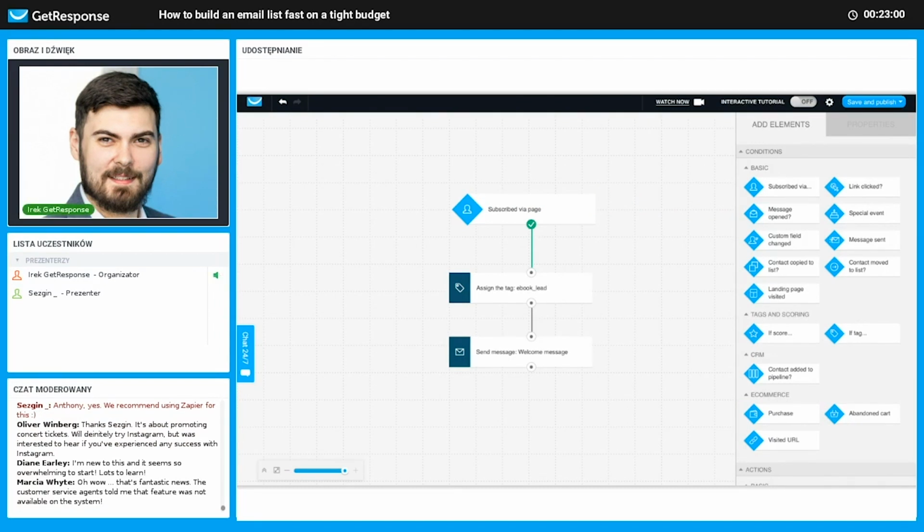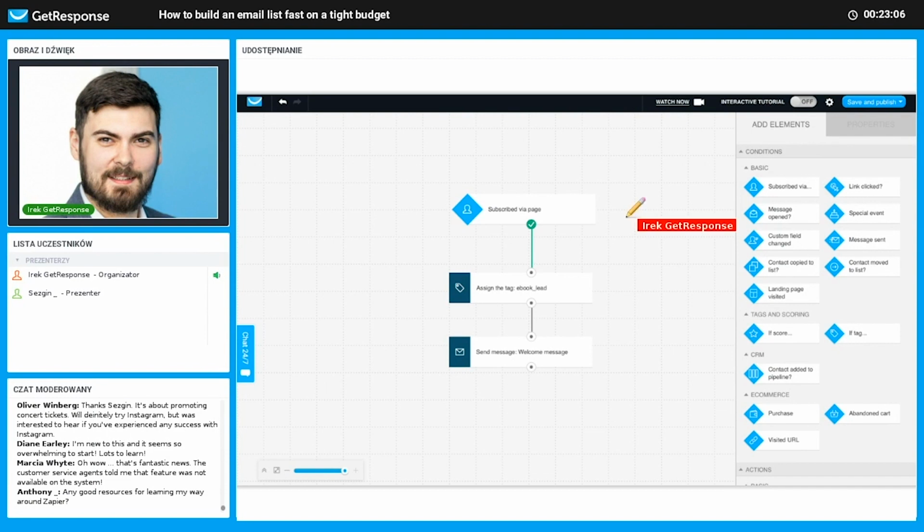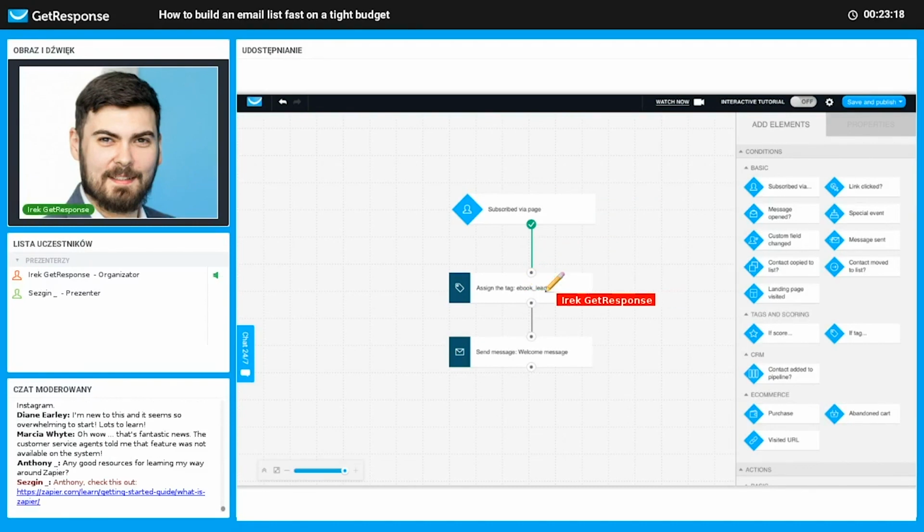Imagine a landing page with a web form. Yeah, you can all create it yourself briefly after the webinar. So the idea is very simple: you create a landing page with a web form, and then you can use your marketing automation to create a very short cycle. So the first thing is, whenever somebody subscribes, this person receives a tag. So here I just figured out that we can tag lead magnets.